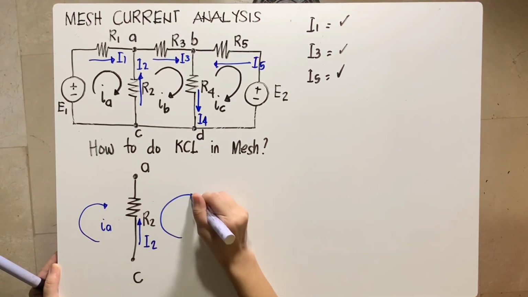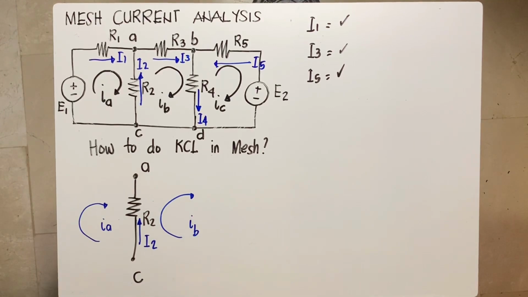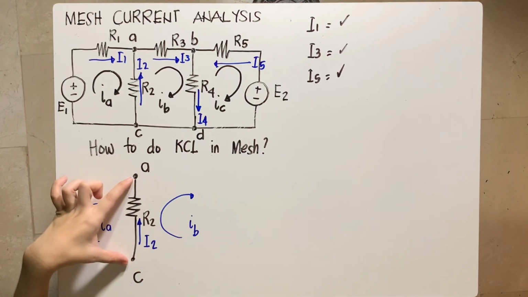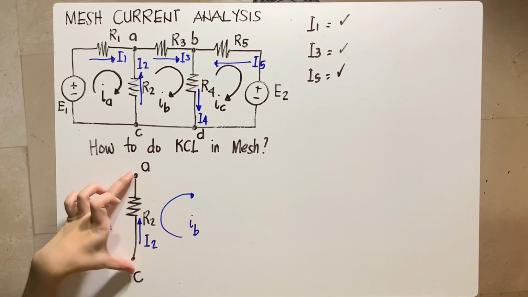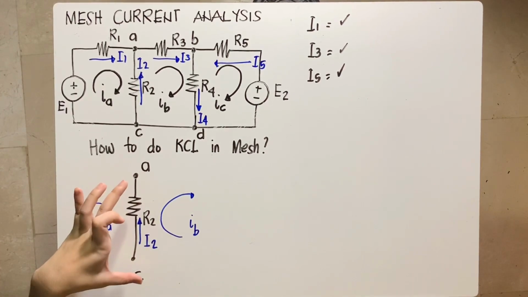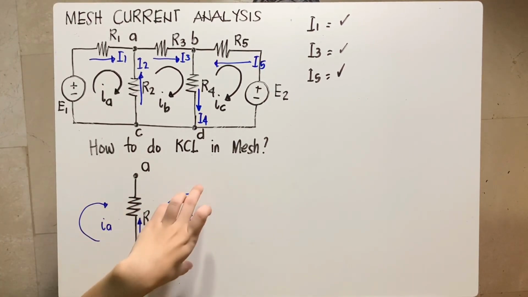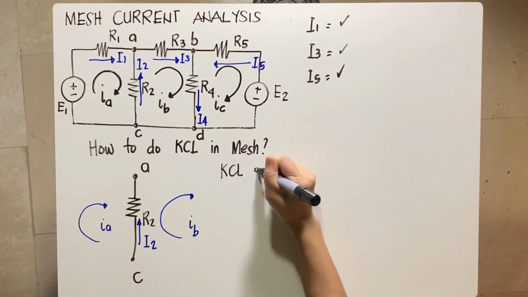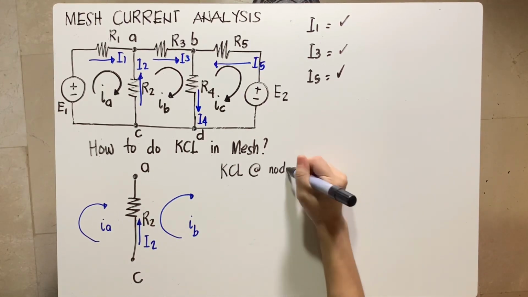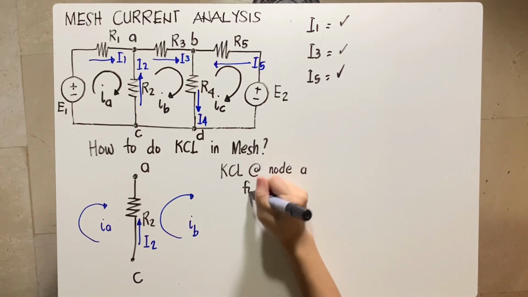Dito sa kabila si IB. Okay? At ito ang tatandaan. Kapag yung branch po na kinukuhanan natin ng branch current ay vertical, nakatayo, ibig sabihin, ang mesh currents niya ay nasa kaliwat kanan. Okay? Pag nag-KCL ka at node A for I2,